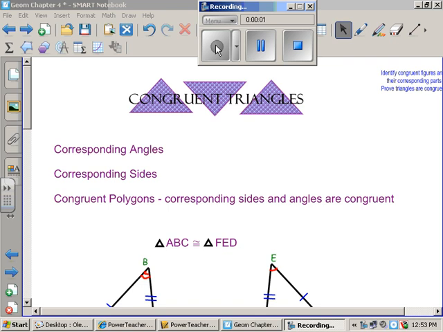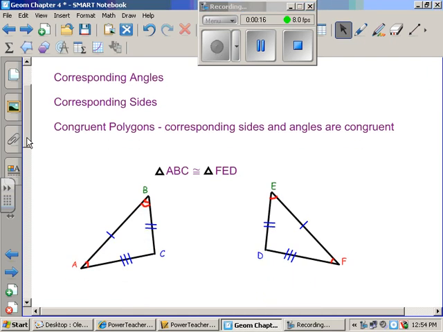To prove triangles are congruent, you're going to make sure that all the corresponding sides and angles are congruent. So all three angles are congruent to the other triangle. All three sides are congruent to the other triangle. All right? Corresponding sides and angles are given to you either by showing what's equal or by giving you a congruent statement, okay? So in this picture, I know which angles are corresponding by looking at which ones are equal,